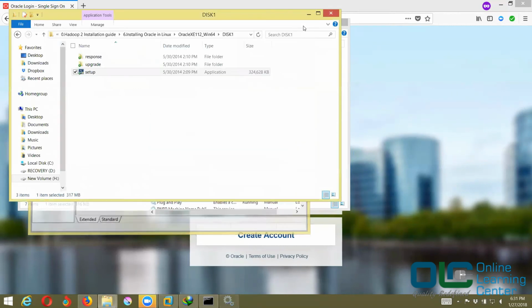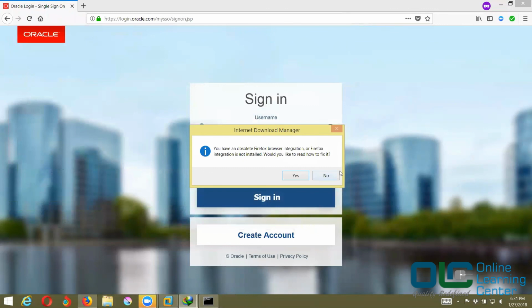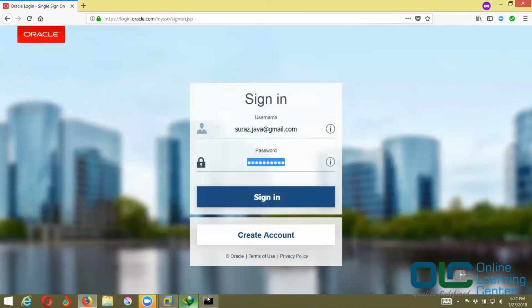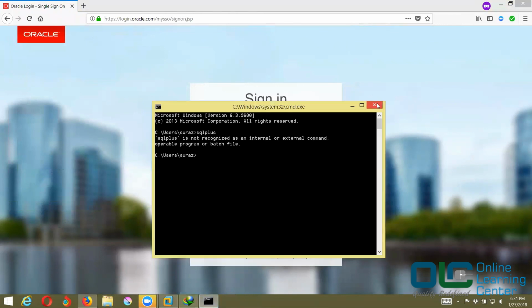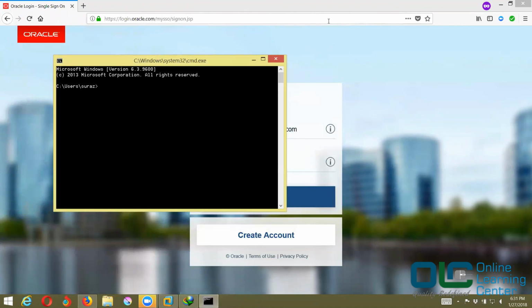Next, now let me go back to my terminal again. I'll close this, open a new terminal, CMD, and let me again type SQL plus.